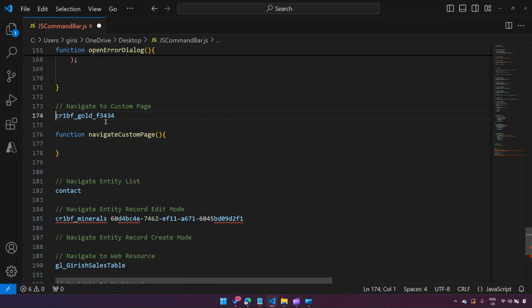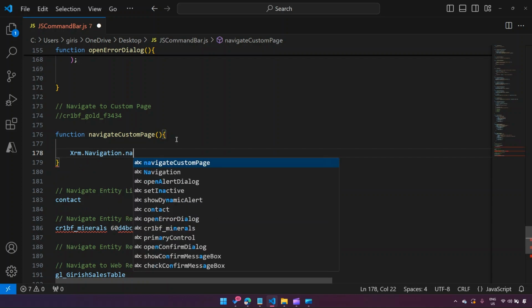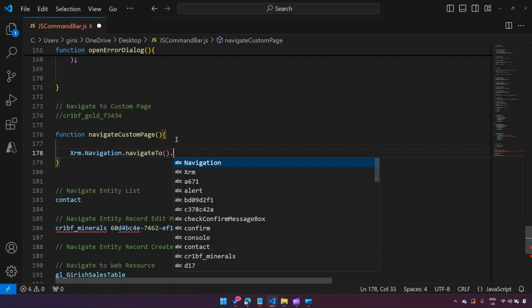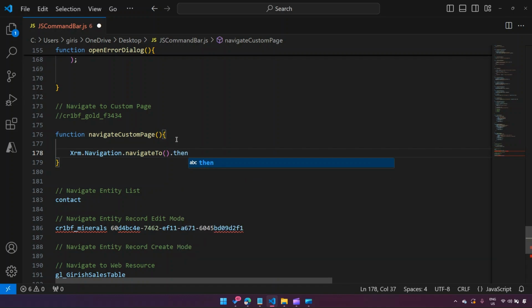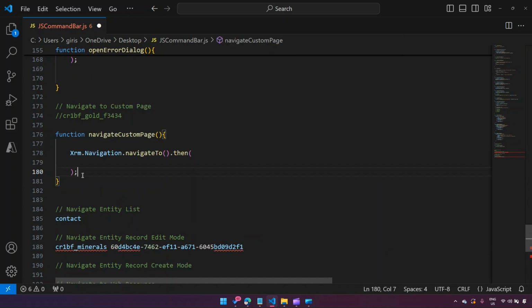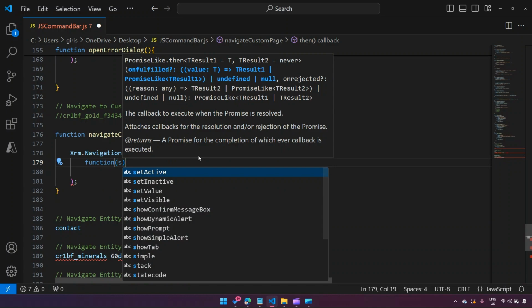Now let me comment this as well. Navigate custom page. In order to navigate to that particular custom page, the command is Xrm.Navigation.navigateTo. You close this and then take a promise, so .then, and put a semicolon here. Within the promise you're going to write the success and the error function. So function success,